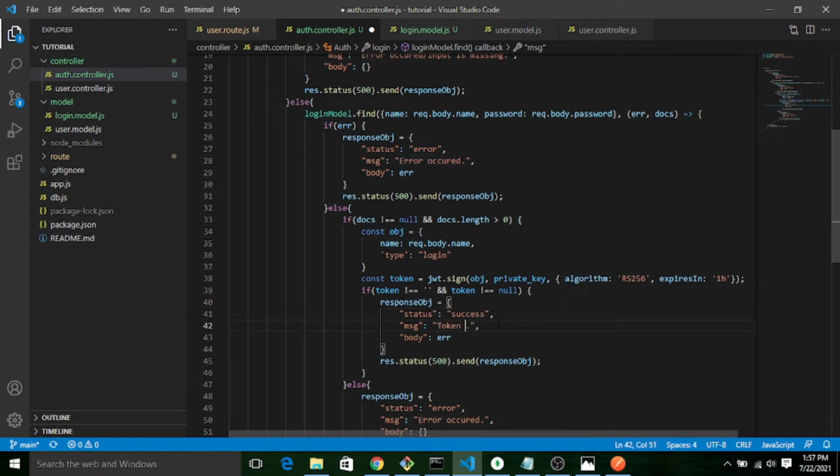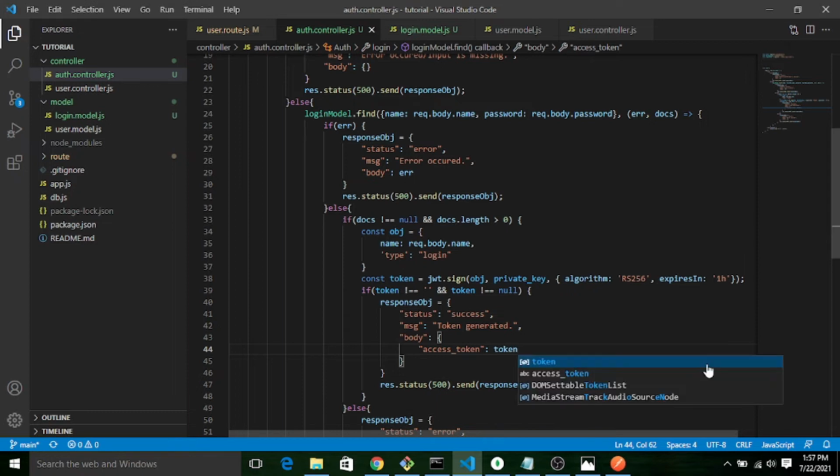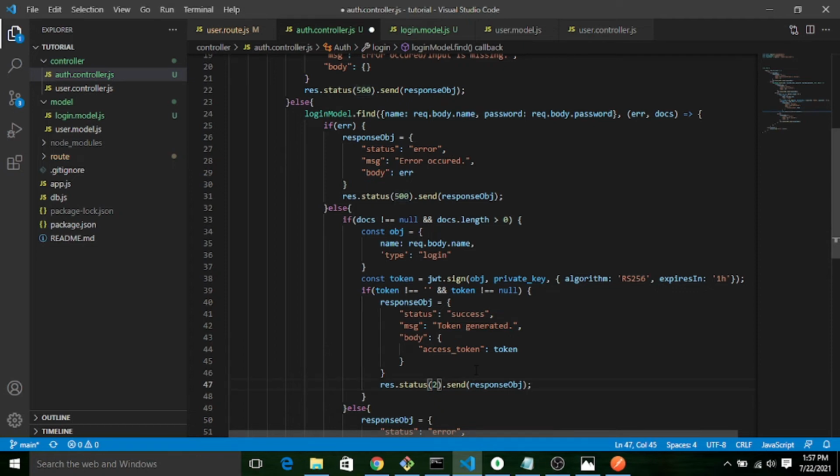Token generated. Let's say access_token to token. Let me change the status code to 200.